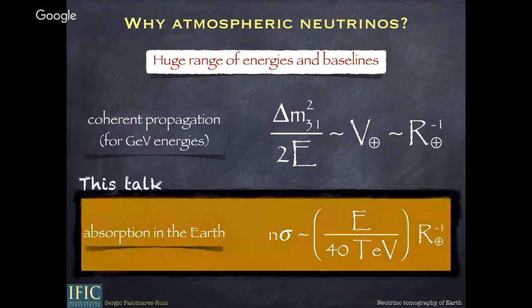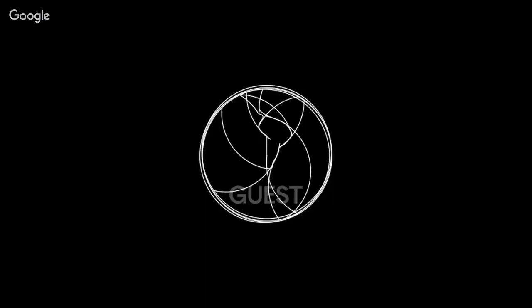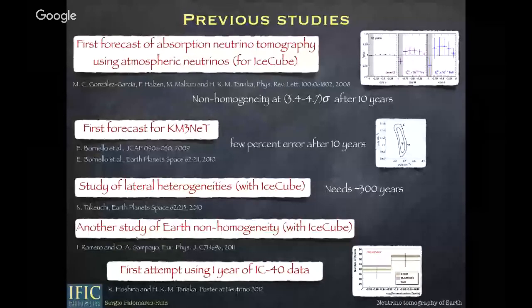But before getting to what we did, let me just comment on the very few papers that have been done on this atmospheric neutrino absorption tomography along the years, and there are not so many. The first time that this was discussed was about a decade ago by Concha González García and collaborators, and they did a first forecast of absorption neutrino tomography using atmospheric neutrinos for IceCube. They considered 10 years of IceCube, and they studied how well we will be able to tell that the Earth is non-homogeneous after 10 years of IceCube data,